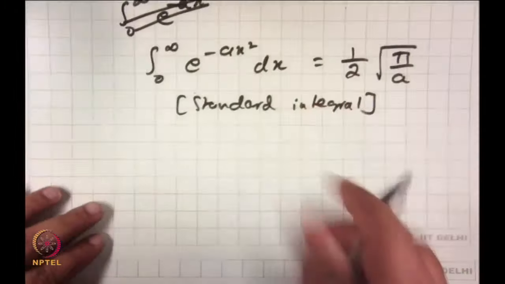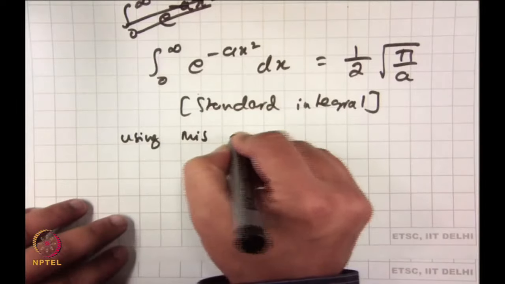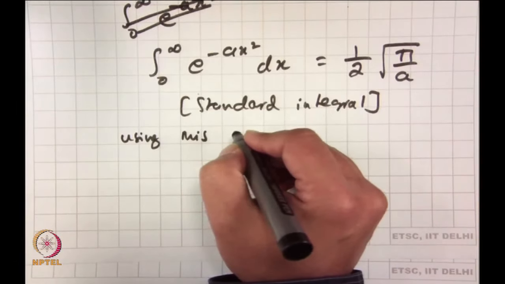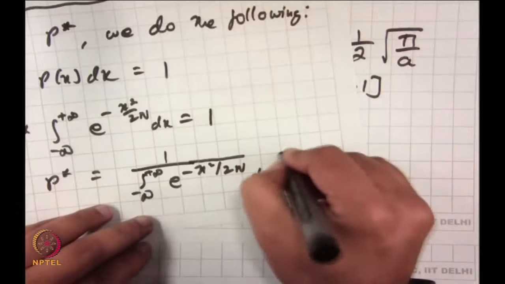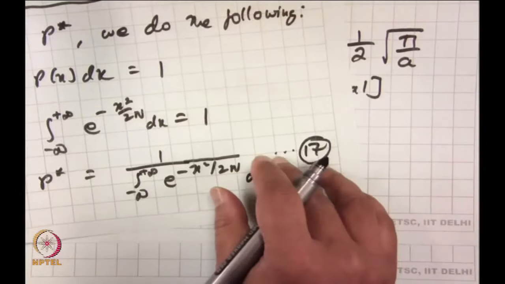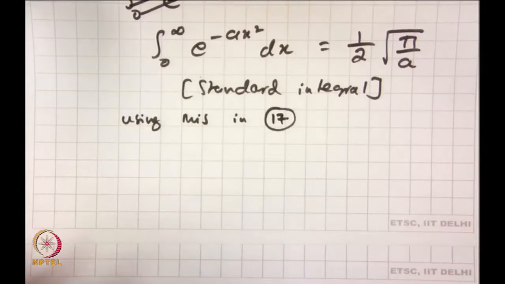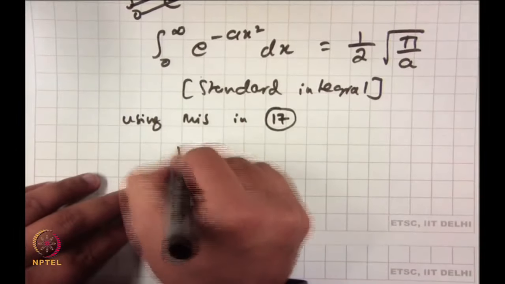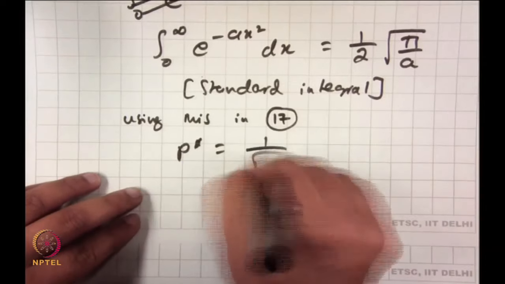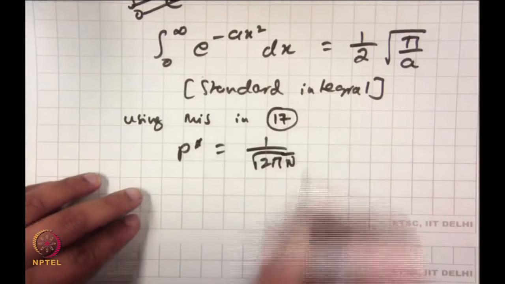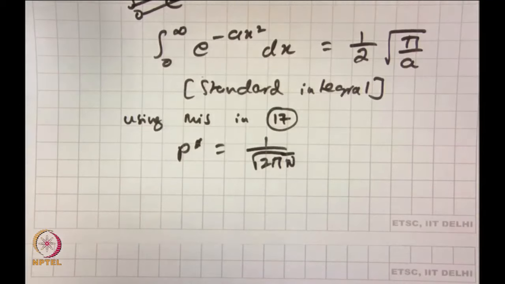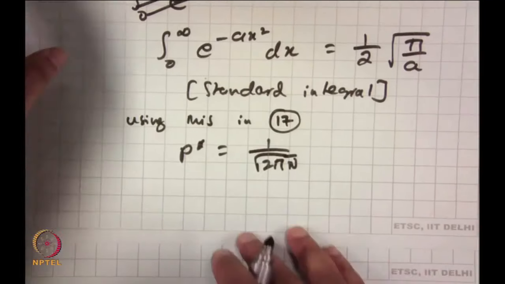So, based on this, so using this in the previous equation, let me write this equation as 17. Using this in 17, what you will see is p star is equal to 1 by root over 2 pi n. You can check, and therefore